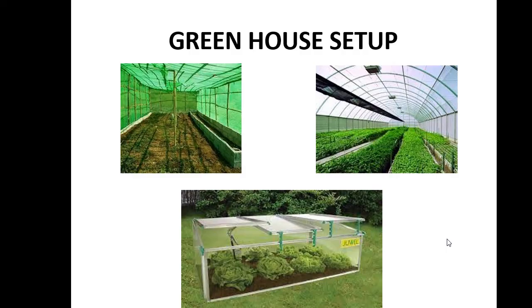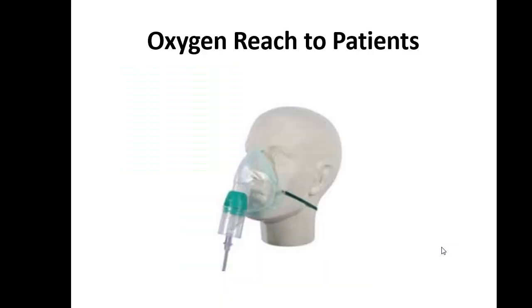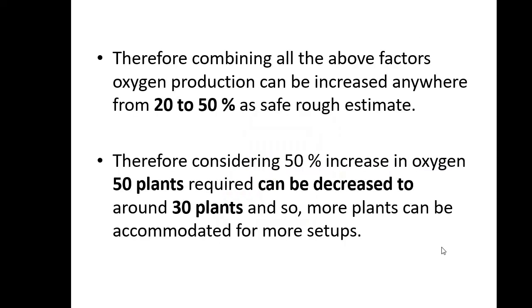Let me just briefly tell about oxygen concentrators. In our atmosphere, we have 78% of nitrogen and only 21% of oxygen. Out of this 21% of oxygen, they concentrate. But in our greenhouse setup, the gases trapped are complete oxygen and can easily be transported through oxygen mask or nebulizers with a simple usage of filter. This is what I meant in the previous slide. Oxygen reached to patients through mask or nebulizer.